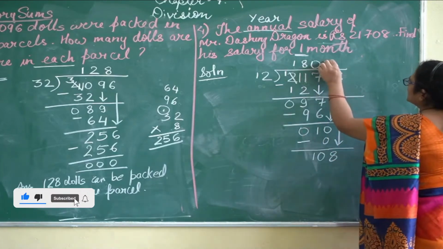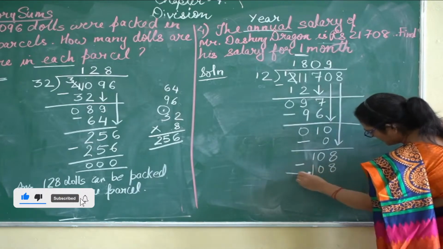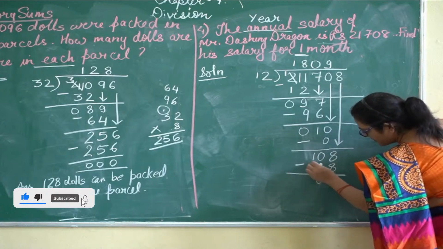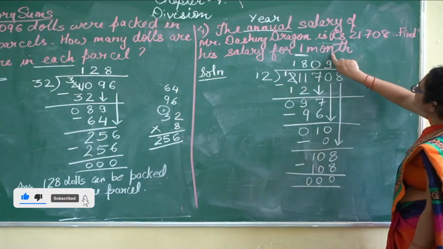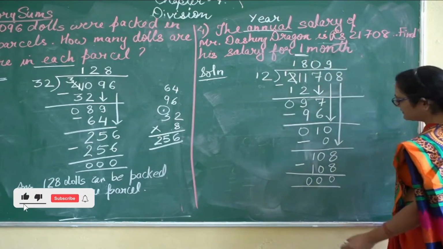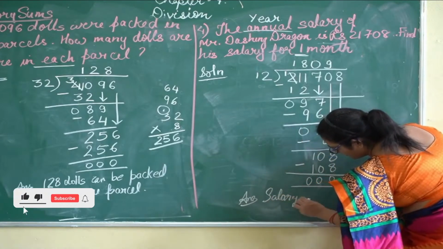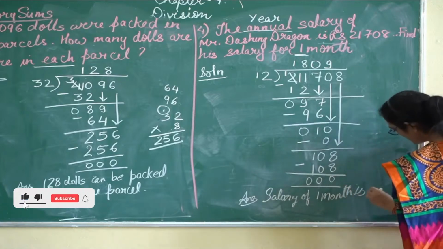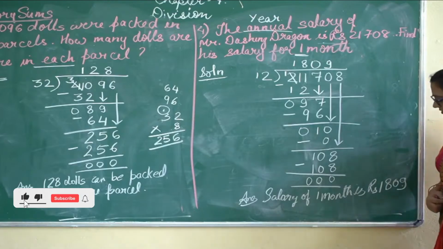You all know, 12 9s are 108. Subtract: 8 minus 8 is 0, 10 minus 0 is 0, 1 minus 1 is 0. So the answer is the salary for 1 month. Salary of 1 month is how much? Rupees 1,809. Okay, students, chapter 4 division is